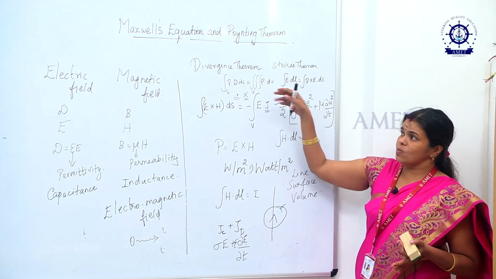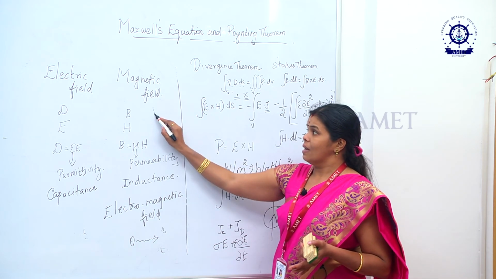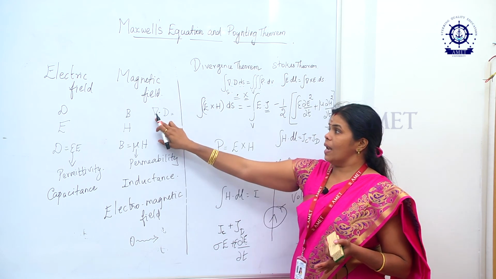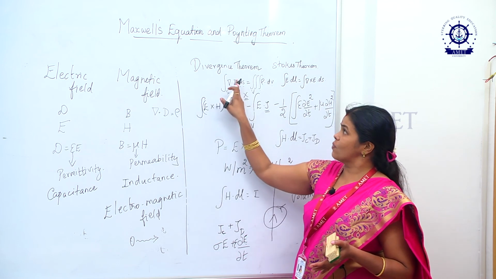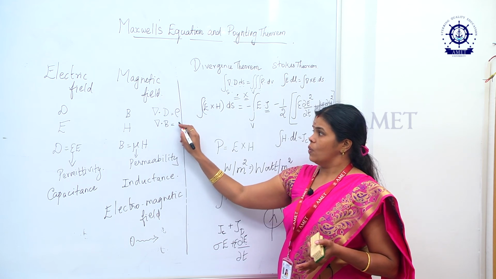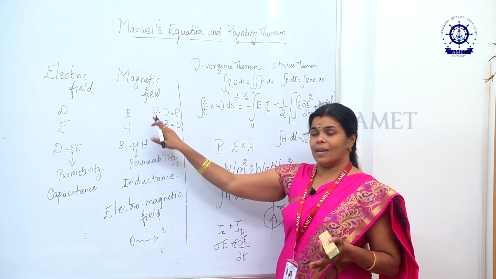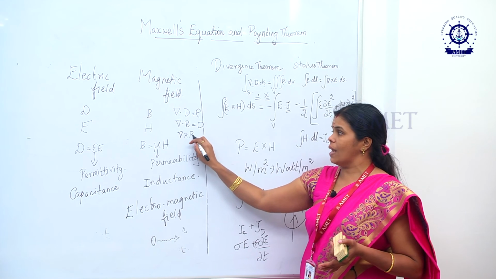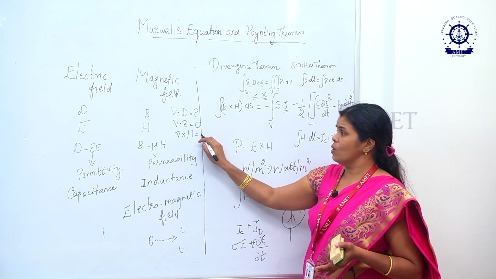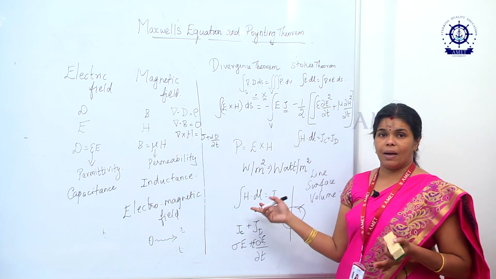And mainly, if you see Maxwell's equations, the first equation is according to the Gauss law for electric field. So del dot D is equal to rho. Actually it is from the Gauss law for electric field. Then if you see del dot B, which is equal to 0. So in this what we can judge is, if a magnetic field is there, definitely there will be the cross product. So del cross H is equal to J plus dou D divided by dou T, that is the modified Ampere's law.